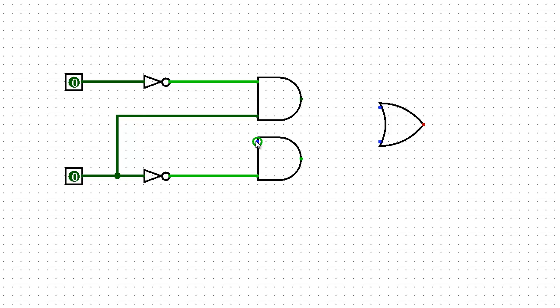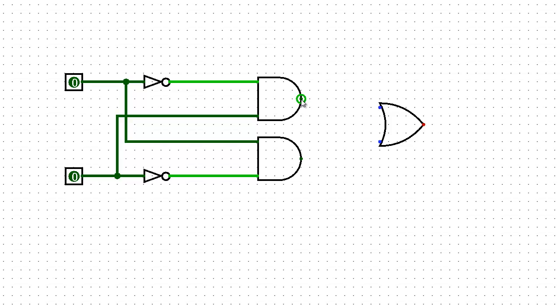And I need to do basically the reverse for this one. I drag over. When I get to this point, I'm going to go up and connect there. You'll notice a circle forms here and here, indicating a junction. Both of the AND gates now have two inputs, and I need to connect the outputs of these to this